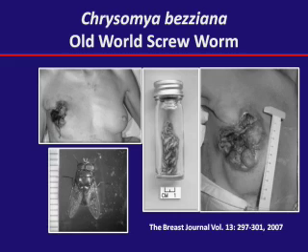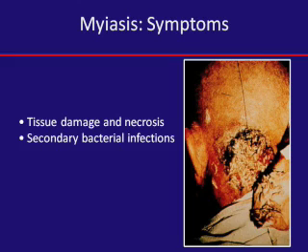This is a particular case with a woman who had necrotic adenocarcinoma. So she actually had an open lesion, and the infestation that resulted was because the wound wasn't properly dressed, and it allowed deposition of these fly larvae into this existing lesion. So, this lesion has to do with her cancer, not with the myiasis. But that's an opportunity for these flies to deposit their eggs and produce these infestations.